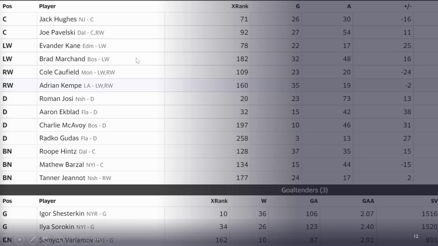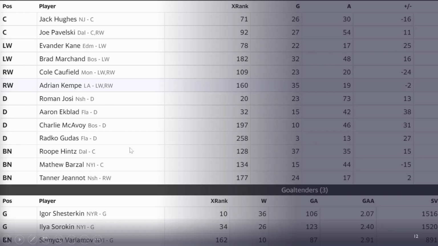If they hit their ceiling, if everything happens the way it needs to happen, then I might be able to hang on and win some playoff games. But all it takes is one injury to a guy like Hughes, worse injury news for a guy like McAvoy or Marchand, a new allegation coming out against Evander Kane, and my season is completely shot.